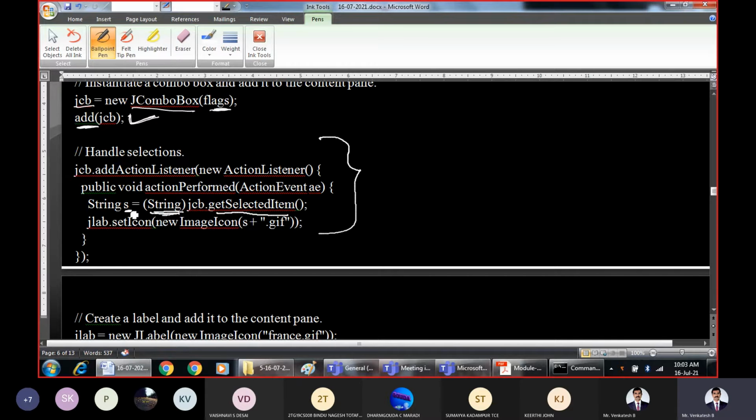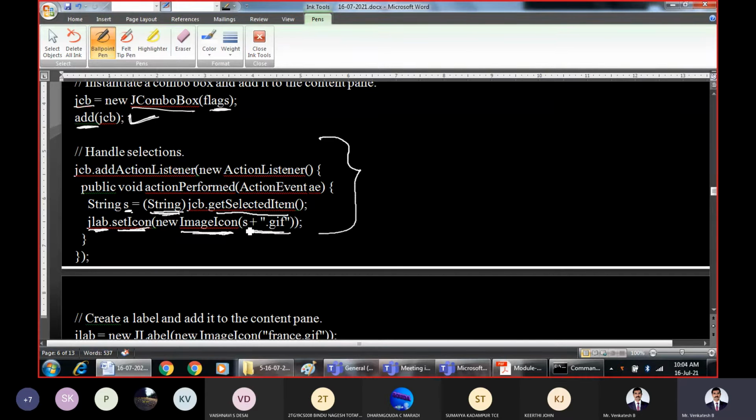Now with this, what we are doing here is calling the method called setIcon. That means we are creating one icon. We are setting the icon with what? With the ImageIcon. We are calling the ImageIcon by passing s.gif as the parameter.